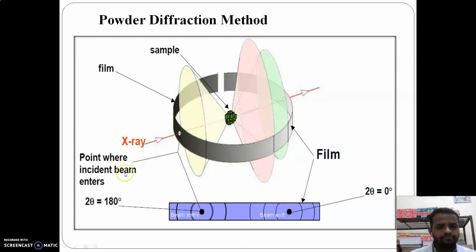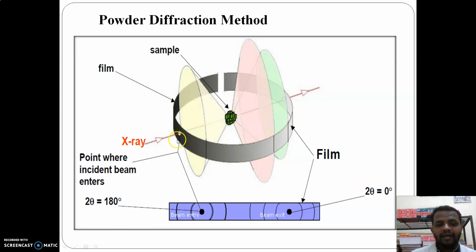Now here, if we check the data, the center is referred to as 2 theta equals 0. Now what is 2 theta? We have already discussed that in order to have constructive interference, the n value should not be 0. It should be 1, 2, 3 and so on. So if it goes to 0, we will have no constructive interference, and since there is no constructive interference occurring, we have a dark patch over here. We have no data for it.